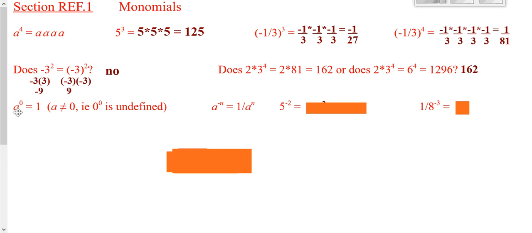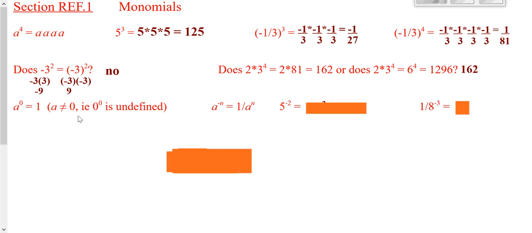Then we have pretty much any number raised to the 0 power is 1, with the exception of a 0 raised to the 0. Now, if you would happen to take calculus at some point, you would know 0 to the 0 is referred to as an indeterminate form, which means you can't determine your answer until you do more work. But we're not going to be dealing with any of that in here. So if you ever come across anything to the 0 power, it's just going to be 1 for the sake